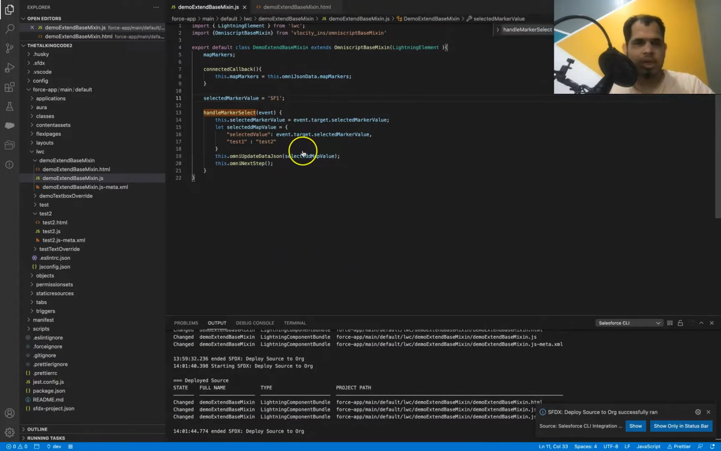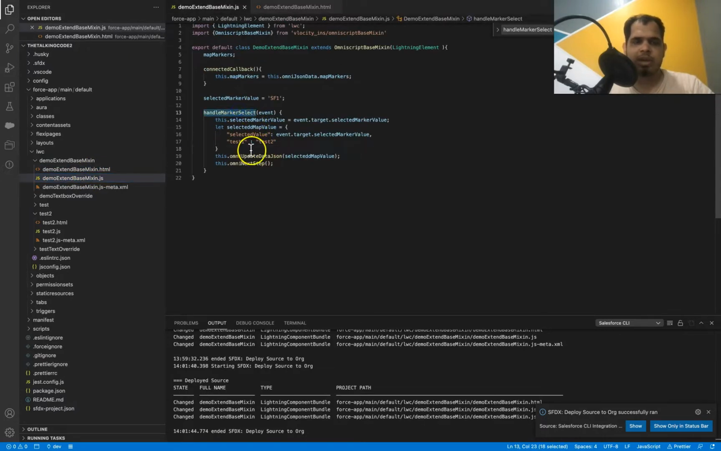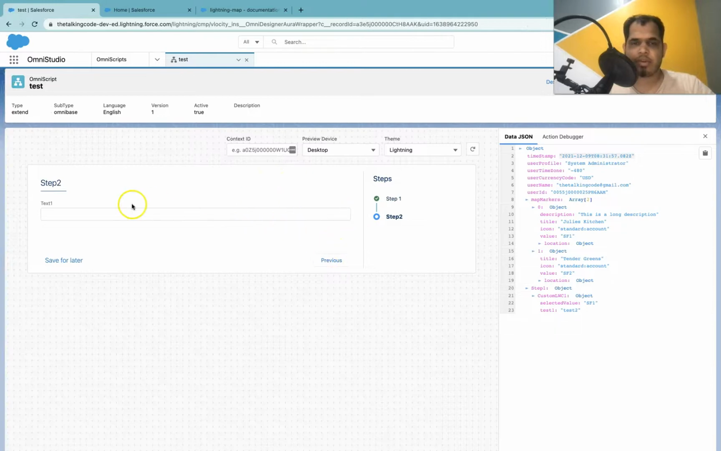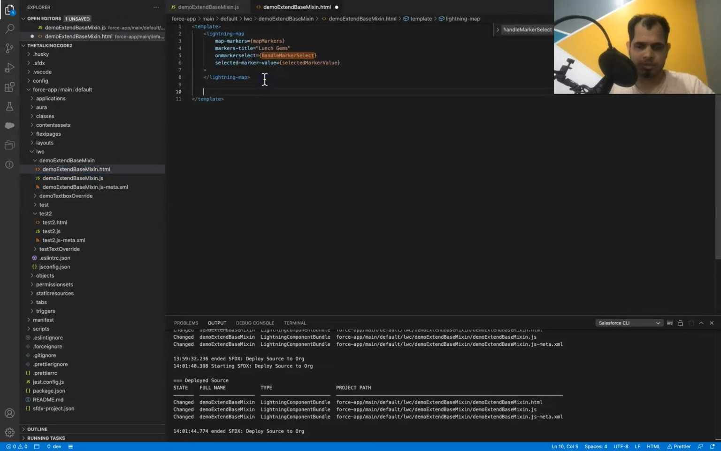Okay, the problem here is right now, as soon as this map loads, it calls this handle marker select, and that's why it's again calling this omni next step. That's why it is directly going to step number 2. So maybe we need to change it somehow, and let me remove it from here, and let me add a simple button. Okay, so input type is equal to,